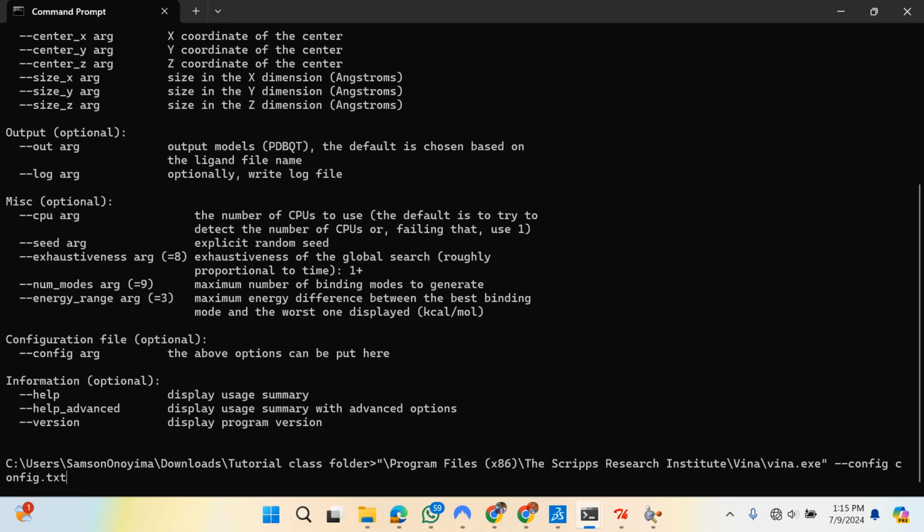Type config, another space, config.txt. You are telling it now to pick a config file, and this file is a txt file. Is that right? And then at the end, you also tell it to give you, by repeating the same thing, space, double hyphen,